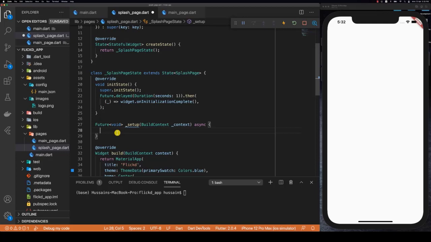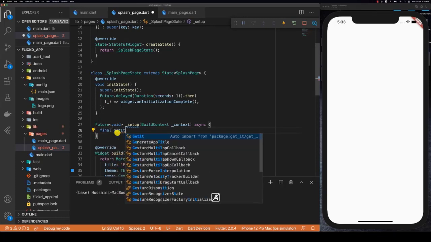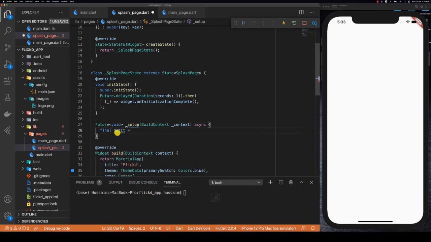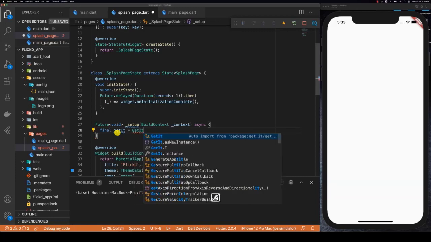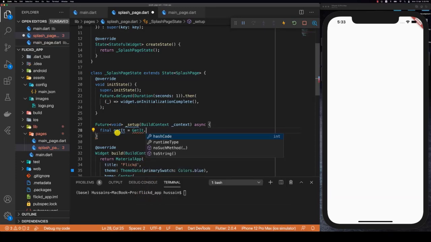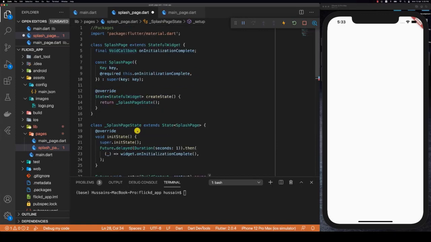So what is a Singleton, you might ask? Well, a Singleton is just one instance of a class that is globally accessible and the same everywhere. So we're going to get started by defining a final variable, and we'll call it getIt. And then we're going to set it to getIt.instance,